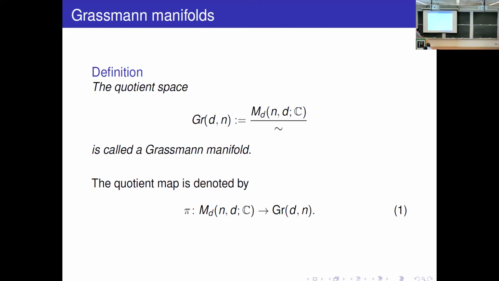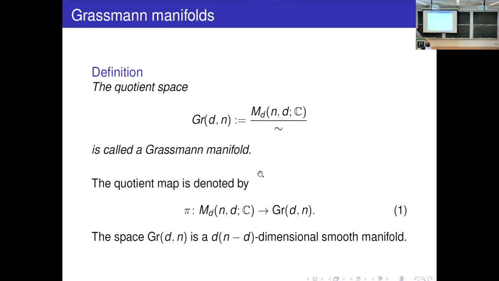Since we have a quotient space, we can have a quotient map. Then we can have topology here, because we know the topology here. This we can think of as a subset of some C^something. So this is a topological space, and the dimension of this manifold is d times (n minus d), because if we take n by d matrices, the first d columns you can make identity, and the remaining entries give the variable things. So locally it will look like that.